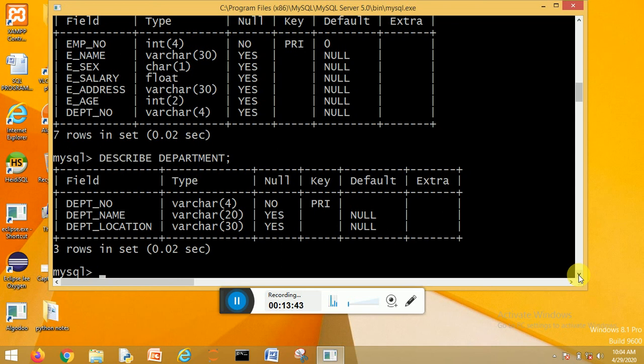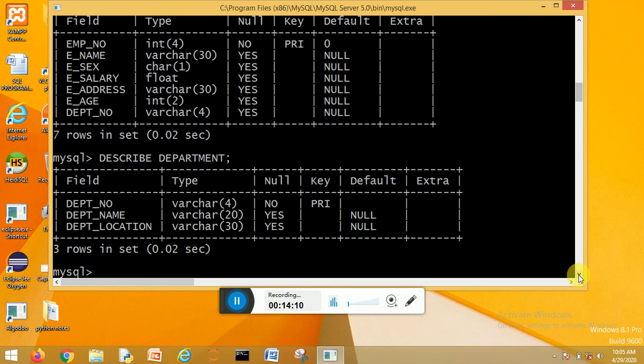The primary key of one table acts as a foreign key in another table, and the foreign key establishes the relationship between two tables. For a foreign key relationship, one column must be common to both tables.